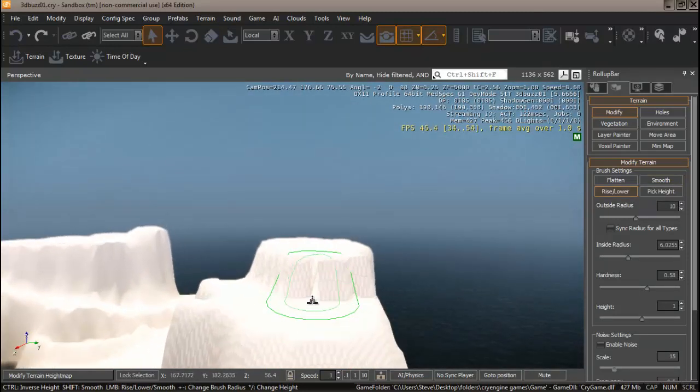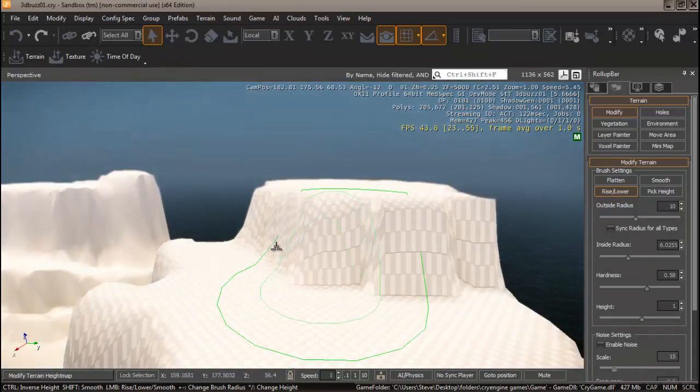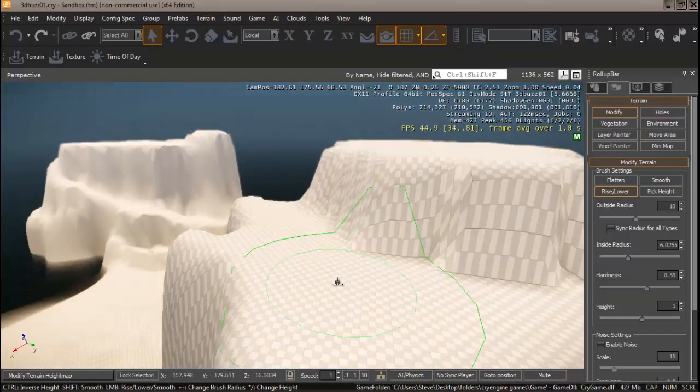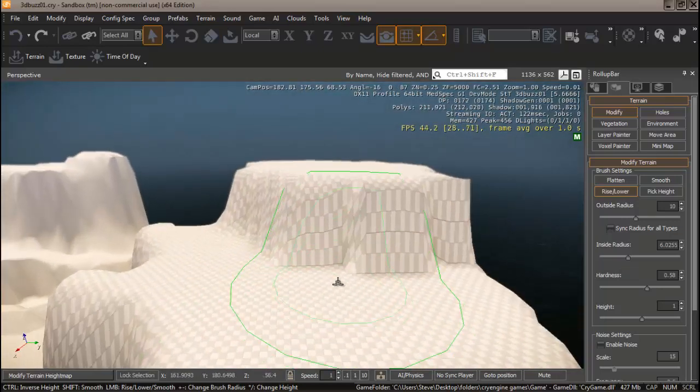Now on this one, I did intentionally set this higher chunk here. And I want you to be sure that you do that on yours. And it won't matter how you've already got it modeled out. Just pull some of that up and make sure it's at least like 3 meters higher than this. Now you can tell how that is